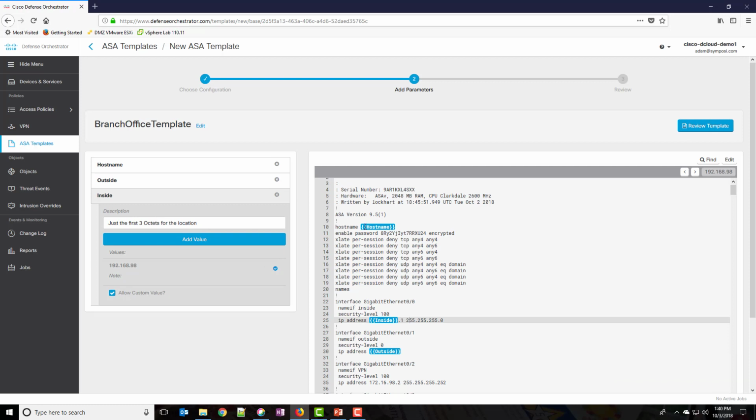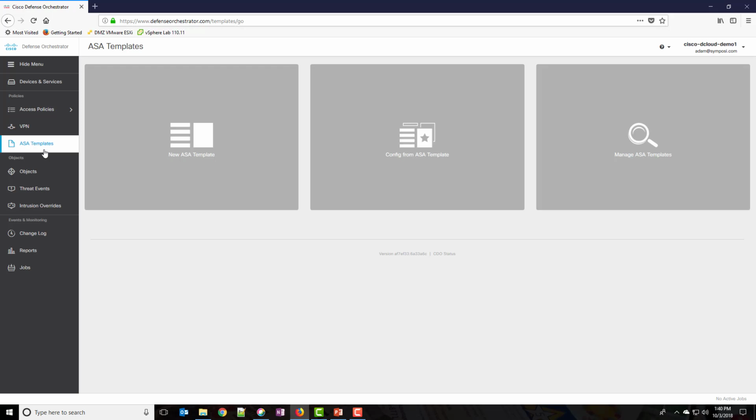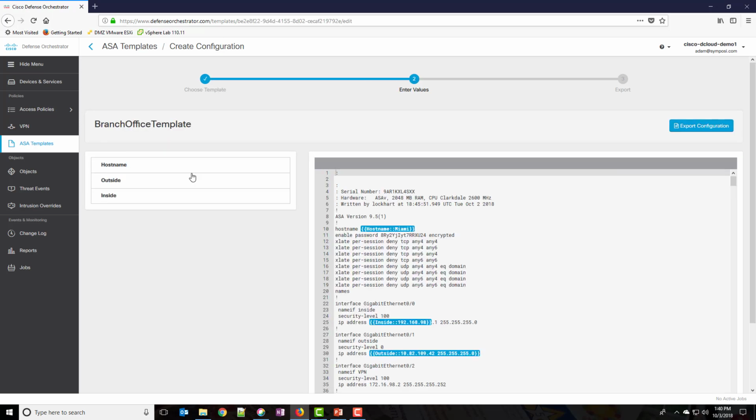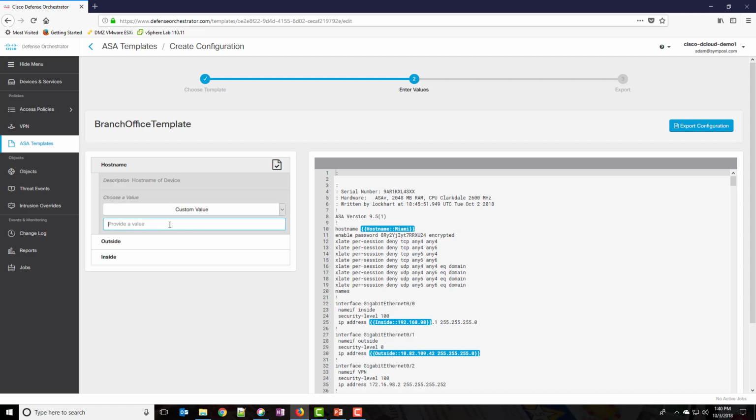So now a new office comes online, Sarasota, and I want to create a new configuration based off my branch office config. So what I do is click on config from ASA template. I only have one template here, so I'm going to choose that branch office template, and you'll see there's three parameters here. So if I choose host name and I put a custom value in, this is going to be Sarasota,